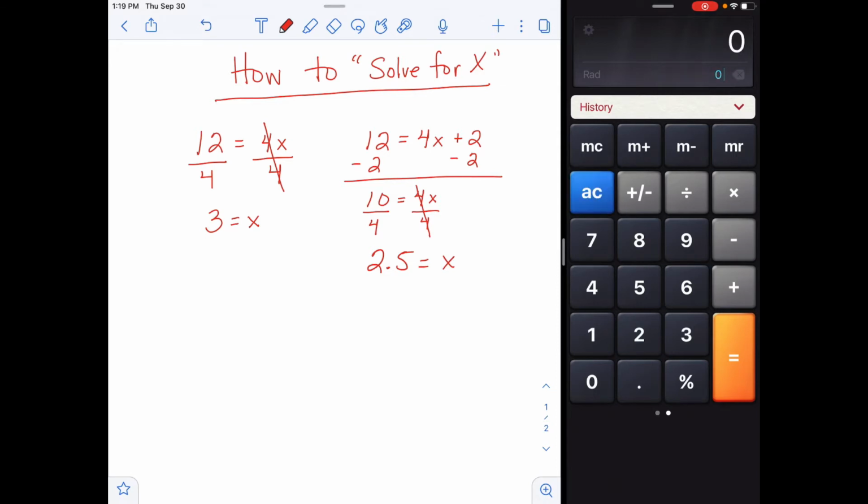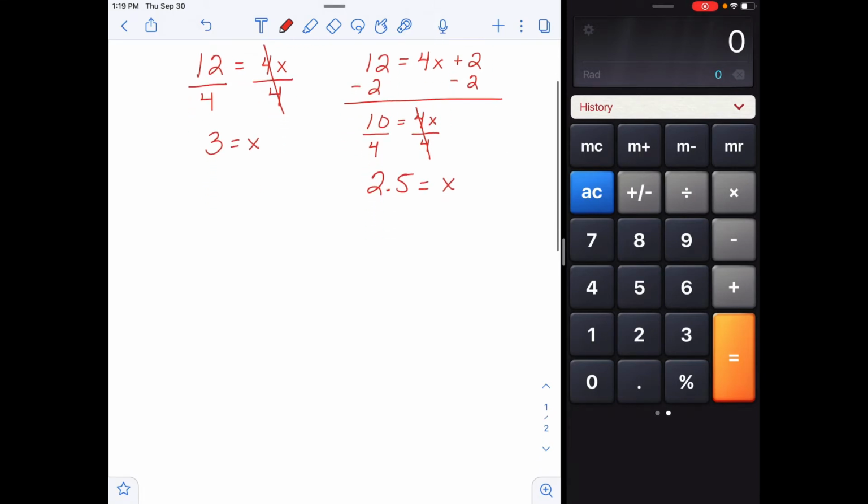So that's fine as far as having numbers, but what about when we don't have any numbers? What if you had something like this? What if you had C equals lambda nu? Now, you don't even know what those mean or what they stand for, but if I wanted you to solve for nu, which is this little symbol here that looks like a V, could you solve for this? It's the same process. Divide by lambda, divide by lambda,